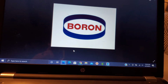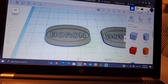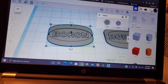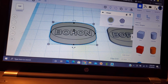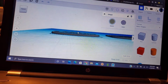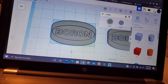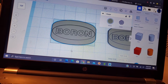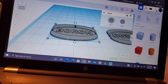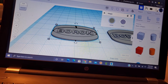Tinkercad, which is another really cool online service, which is free, and upload your image. And if you guys have never used Tinkercad, it's very, very simple to use. It's the easiest thing in the world. Once you play around a little bit, there's tons of tutorials on YouTube on how to use it. It's very simple. So I get the picture I like, I scale it, and then I'll go up and